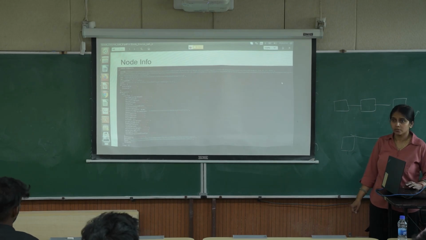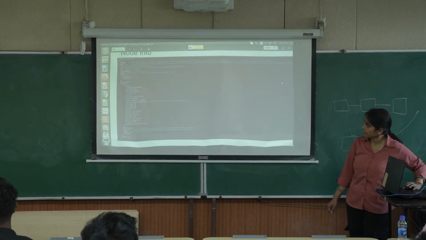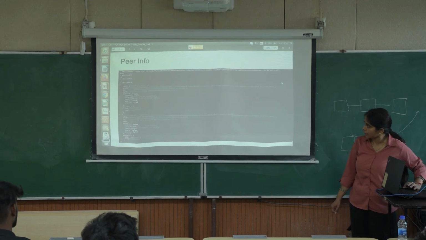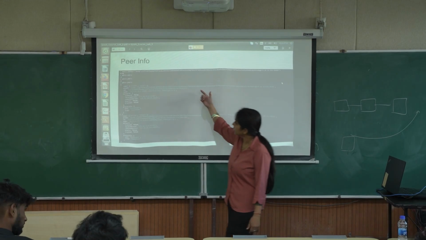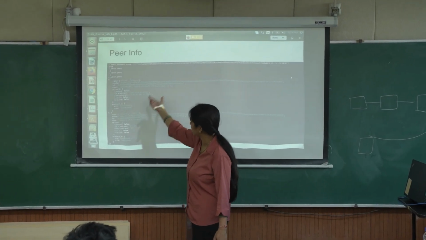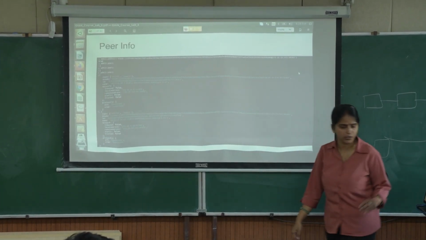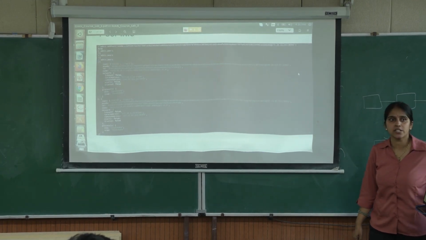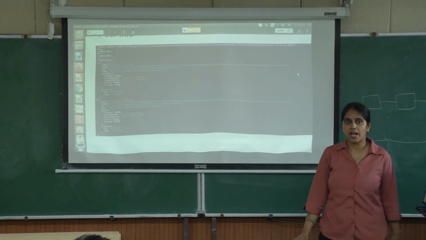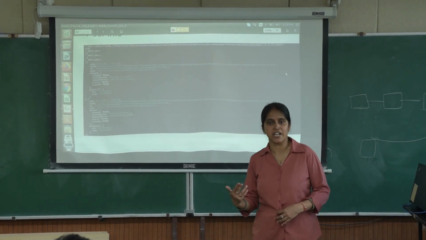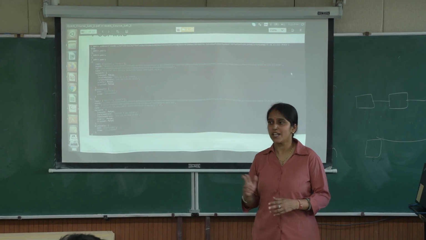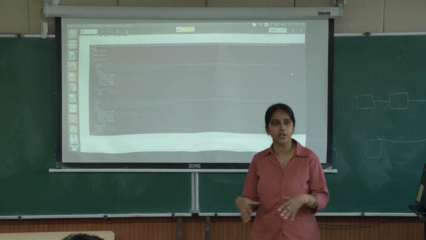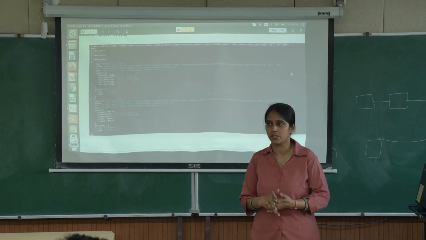Is it visible to you? Next is again the peer info. Now we have created this, this is again the admin peer information it is providing to you. So all this information you can take from the Geth console, and here you can connect as many nodes, as many blockchain nodes as you want to create. So your whole private blockchain will be created.